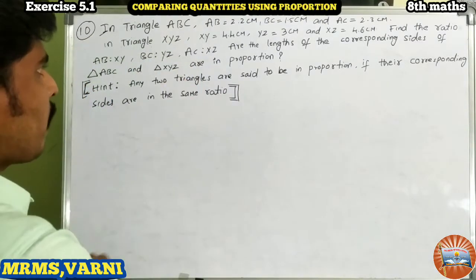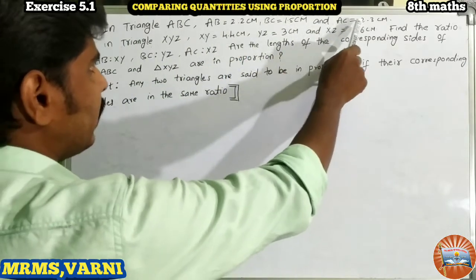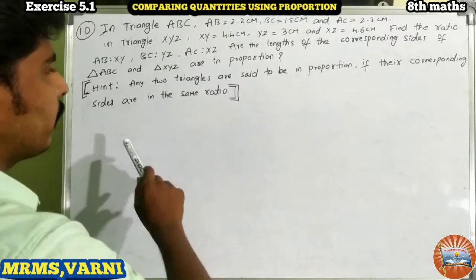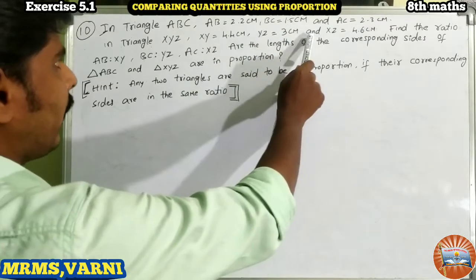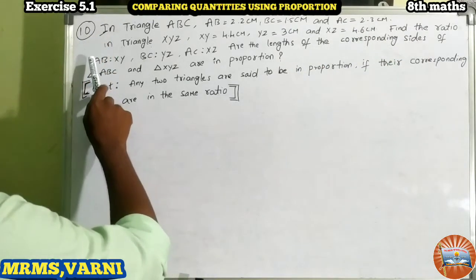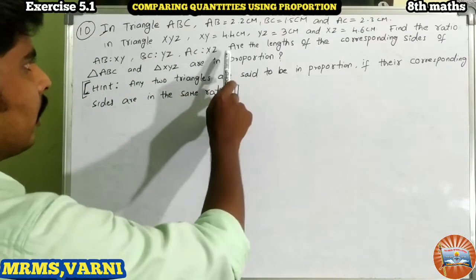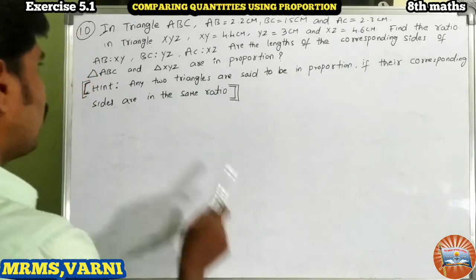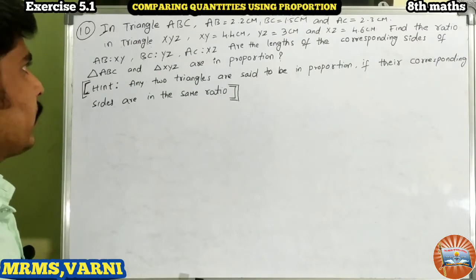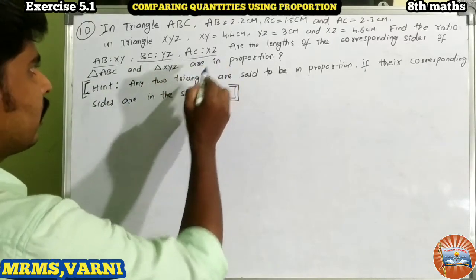In triangle ABC, AB equals 2.2 cm, BC 1.5 cm and AC 2.3 cm are given, and in triangle XYZ, XY is equal to 4.4 cm, YZ equals 3 cm and XZ is equal to 4.6 cm. Find the ratio of AB to XY, BC to YZ, AC to XZ, and check whether the lengths of the corresponding sides of triangle ABC and triangle XYZ are in proportion. So we have to find the ratio between the AB and XY sides, BC and YZ sides, and AC to